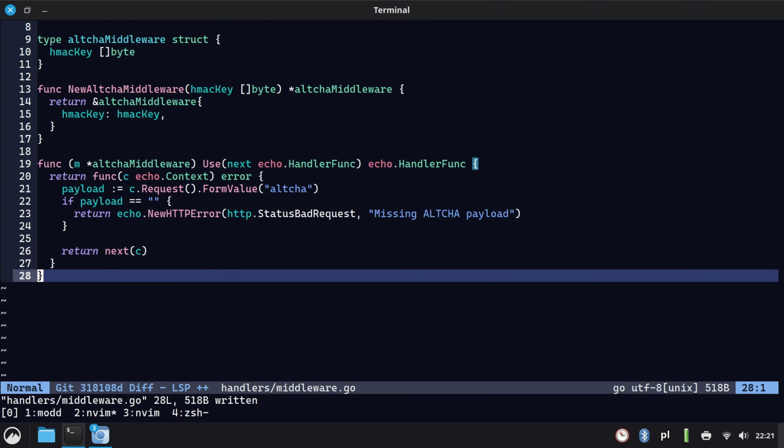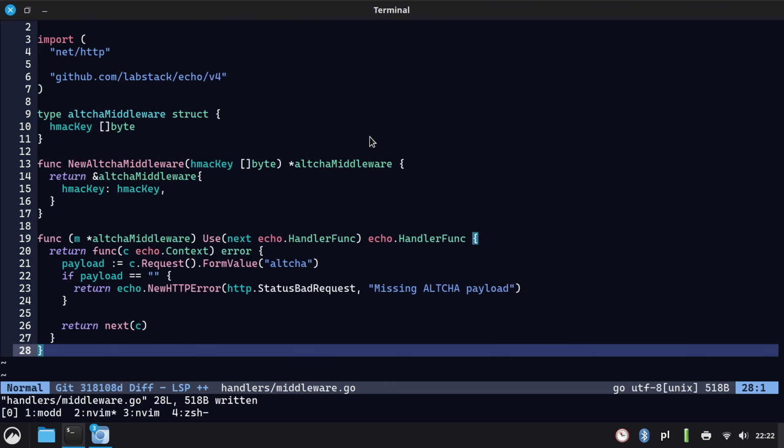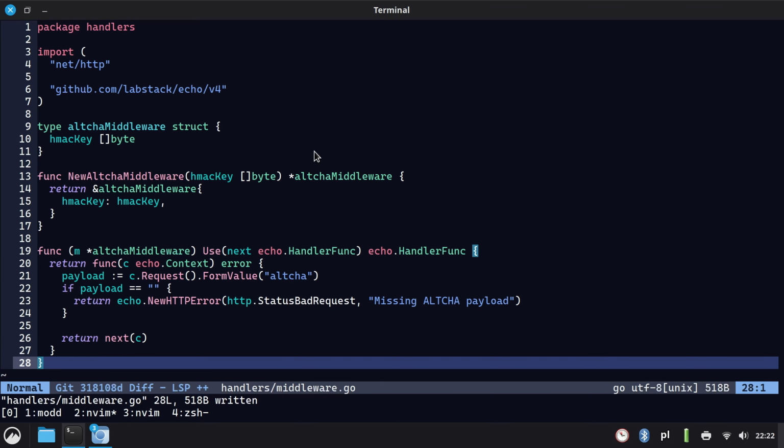Next like so. And you know what, I think there is going to be much more logic later on,